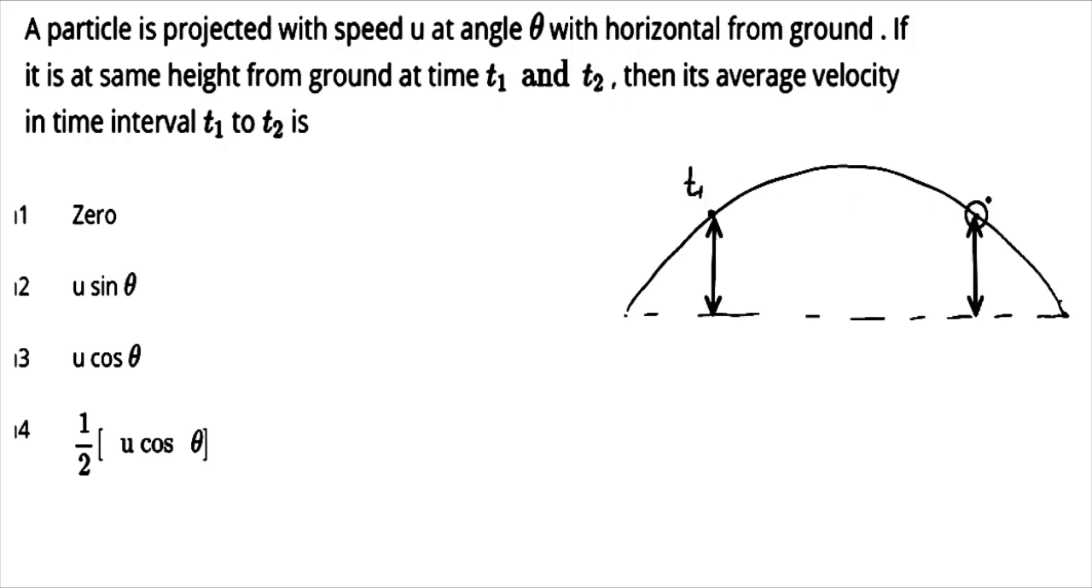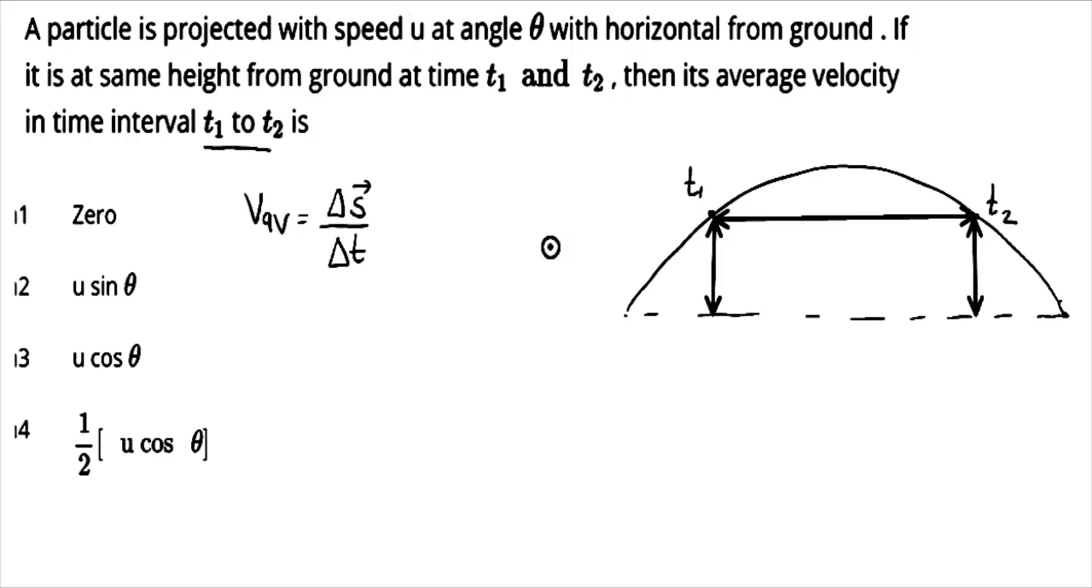This is t1 time, this is t2 time. Hence we need to find the average velocity in the time interval t1 to t2. Hence we can say average velocity is net displacement by net time. Since there is no vertical displacement, the horizontal displacement in time t1 to